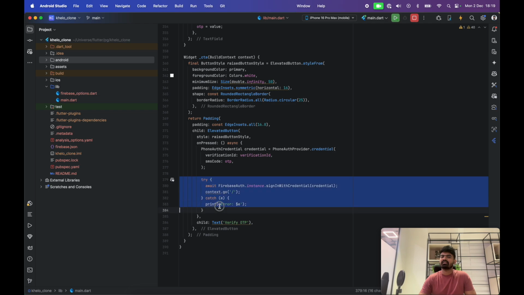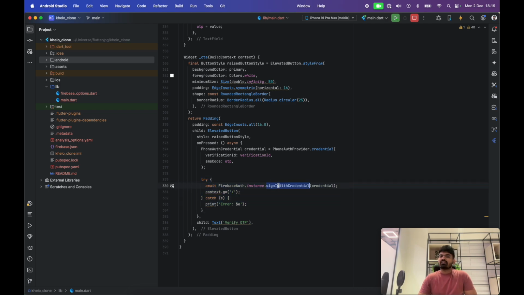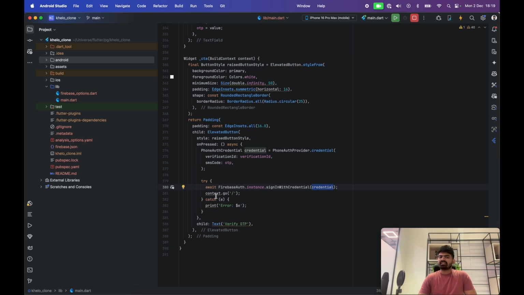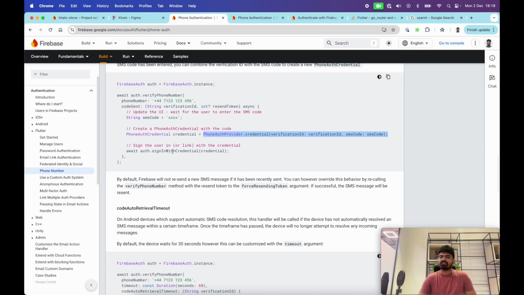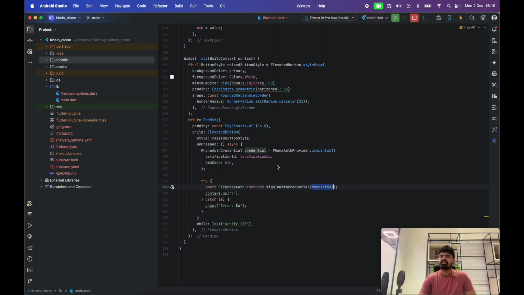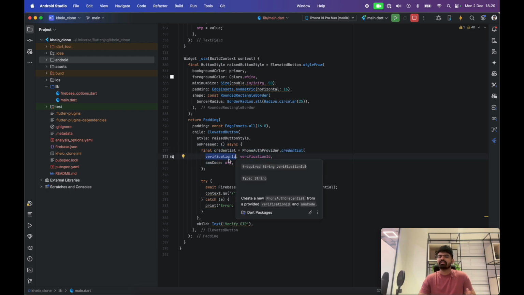We added this, and then we'll call this sign in with credential, and we'll pass that, and we are done with login, right? So the same thing you see here, and nothing fancy. But in Flutter, you don't need to provide your type here in the beginning. You can just call it final, and yeah, two parts here. Here we are getting credential by this constructor. We are passing verification ID that we got from previous screen, and we are getting OTP that user entered. And then here we call sign in with credential method, pass those credential, and if it's